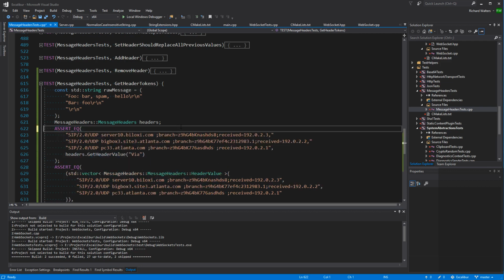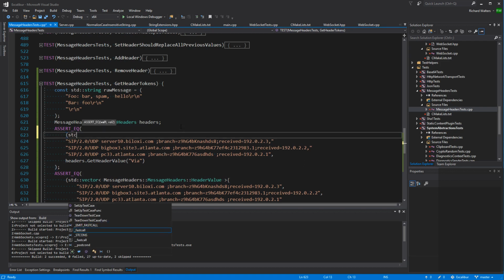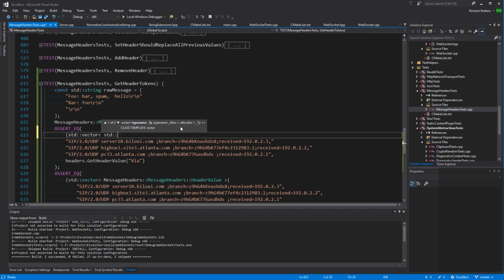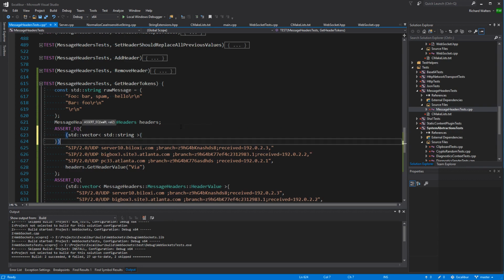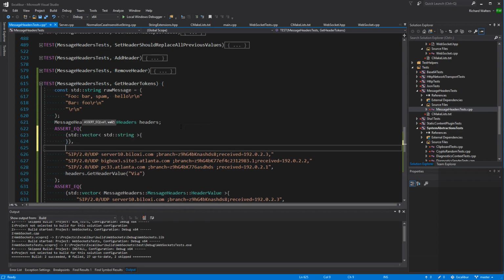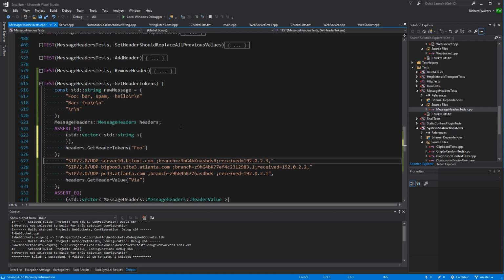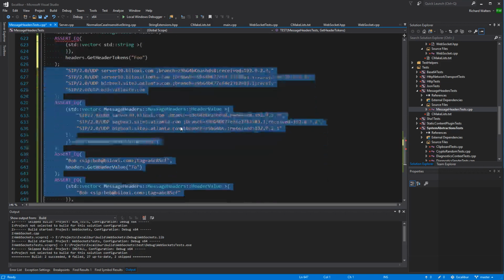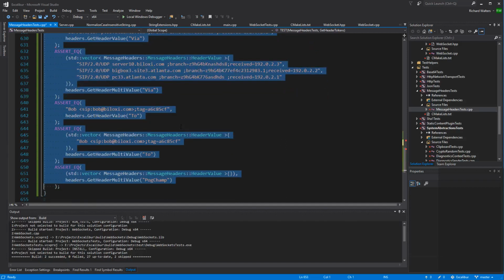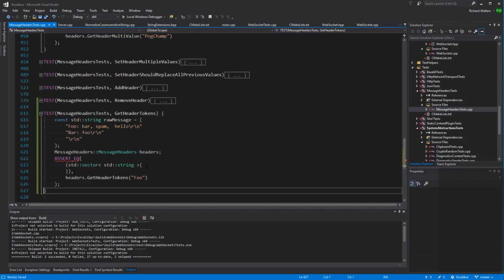I don't really need to check this, but here's where I will check it. So I want a vector of strings from headers, get header tokens, which is a new function we're inventing for foo. What I want to see there,